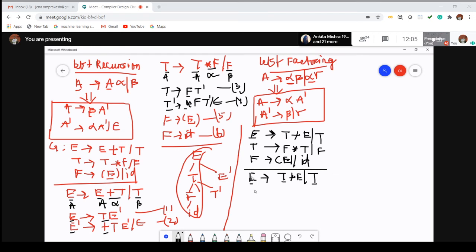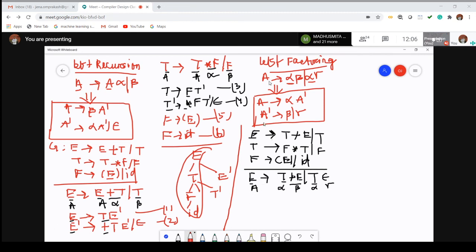So can I represent the equation in the form of this value equal to A, this value equal to alpha, this entire value equal to beta. Now T is equal to alpha, again this value equal to alpha, and let epsilon be gamma. As you know, epsilon is gamma, and anything over T dot epsilon equal to T. So I can take epsilon and make it gamma. Once you make this in the form of A to alpha beta or alpha gamma, it satisfies my left factoring formula. So what should be the output?